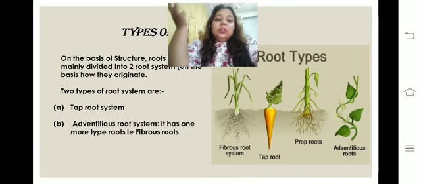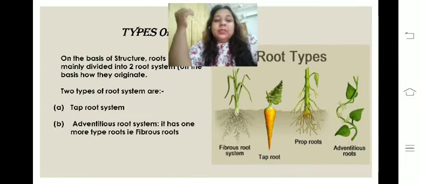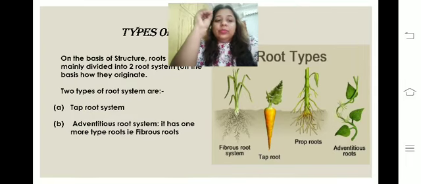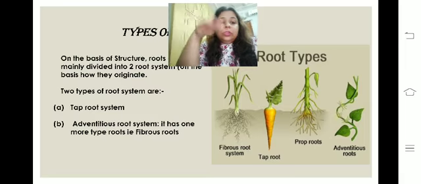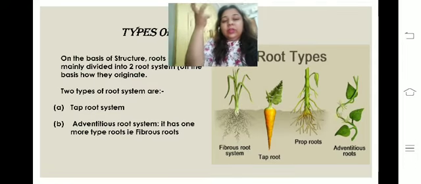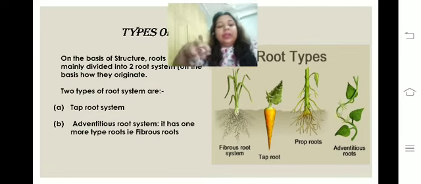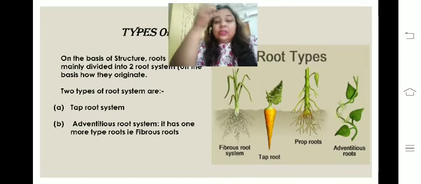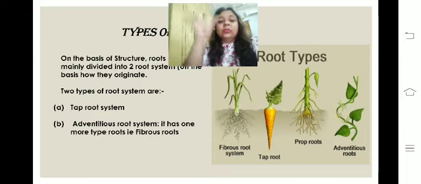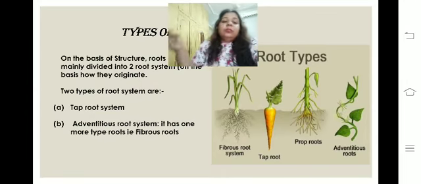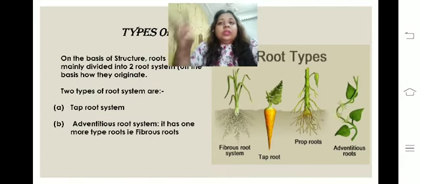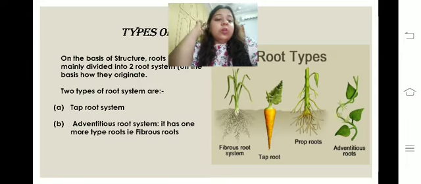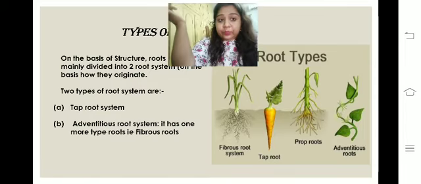The second one is your surface feeder. Now, what happens in the surface feeder? It is the short taproot. It is not vertically or deeply penetrating inside the soil. It is a short taproot which gives rise to many lateral roots also. It is not the main root. It has many other branches also. So this is the surface feeder and it spreads horizontally in all directions.